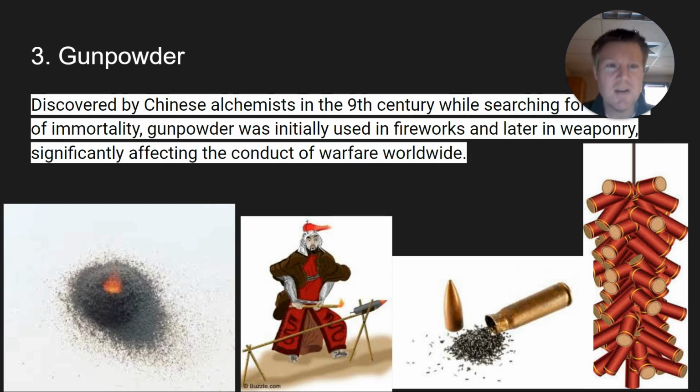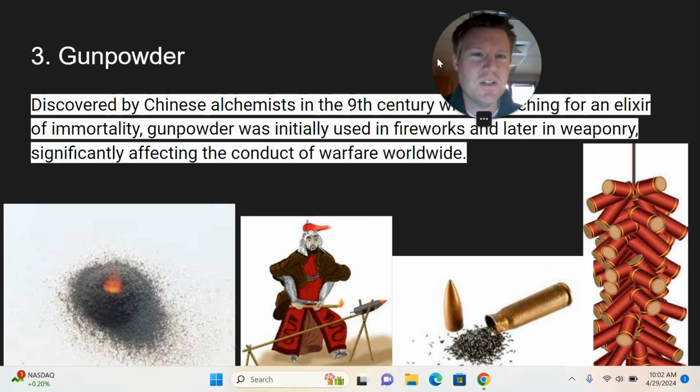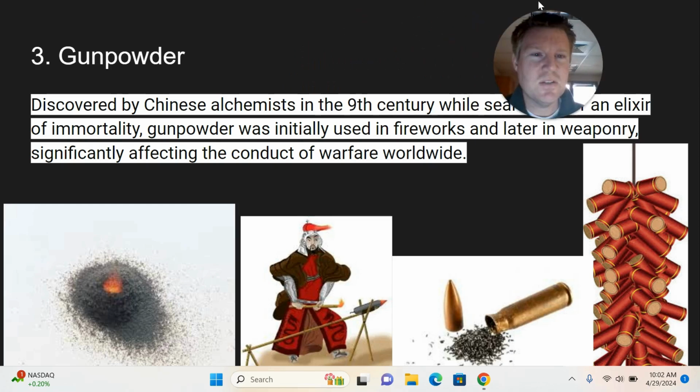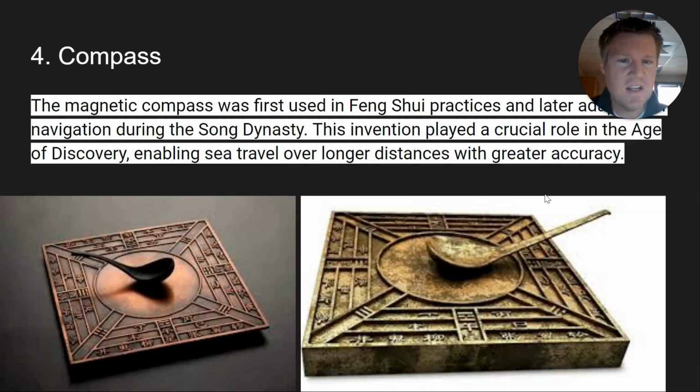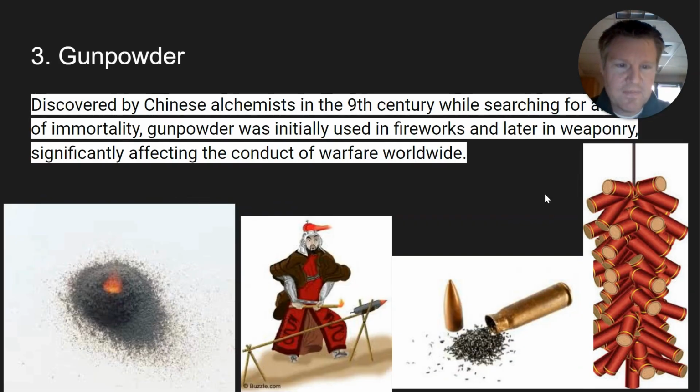Number three, gunpowder. It was discovered by Chinese alchemists in the 9th century while searching for an elixir of immortality. So they were blending these powders together, and then they found out that it was very flammable. Initially it was used for fireworks. You can see the ancient Chinese firecrackers on the right there, and then later on it developed into cannon fuel